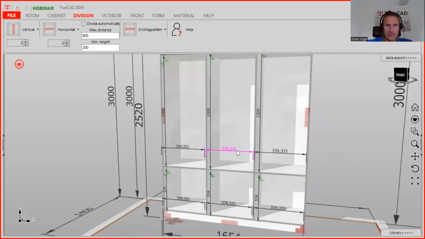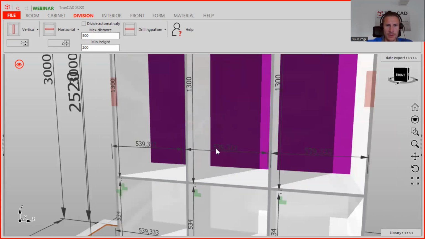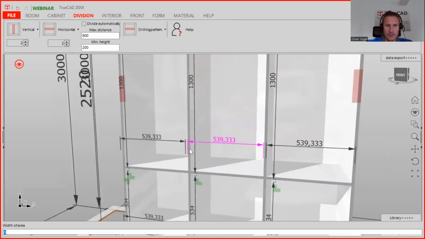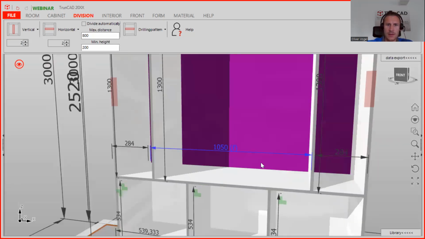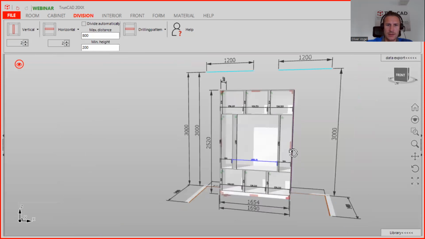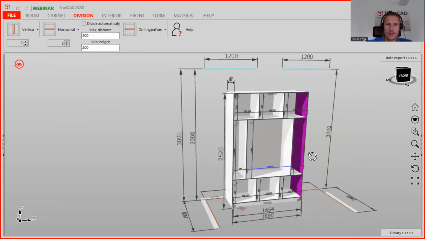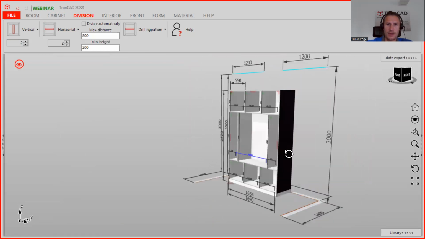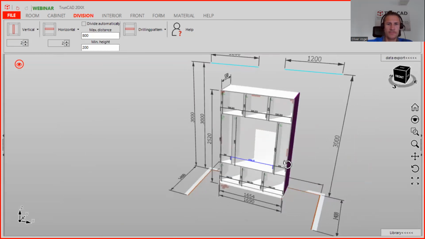So, and here the width of the center area is 1050. Now you see we are getting it in shape. So